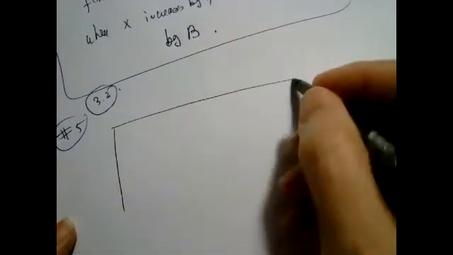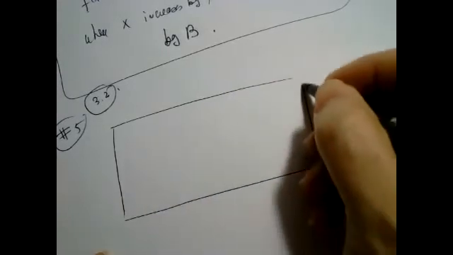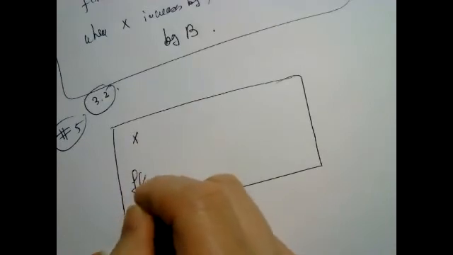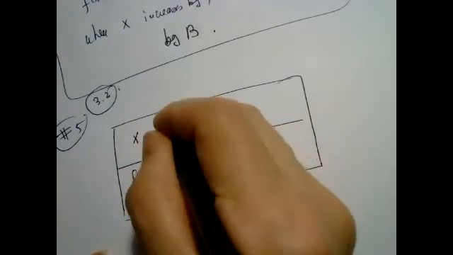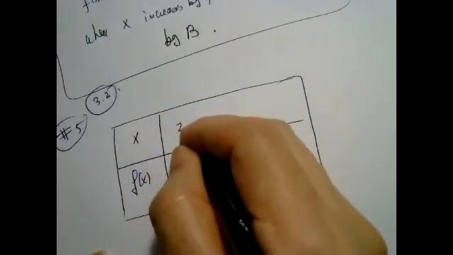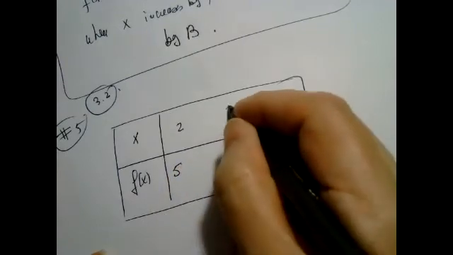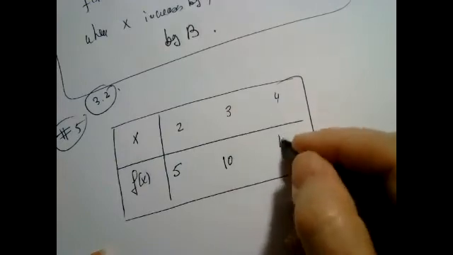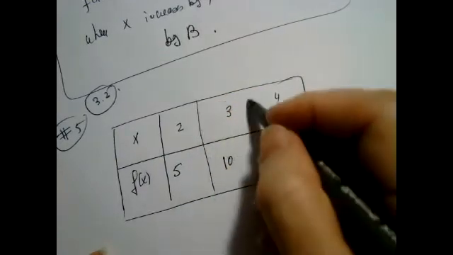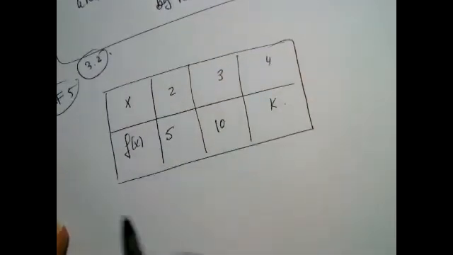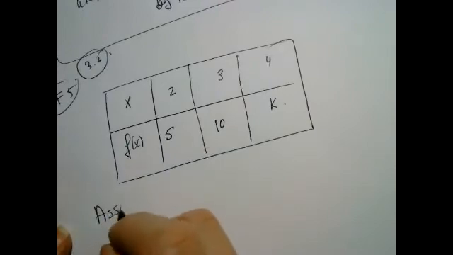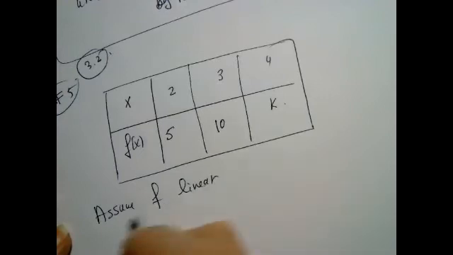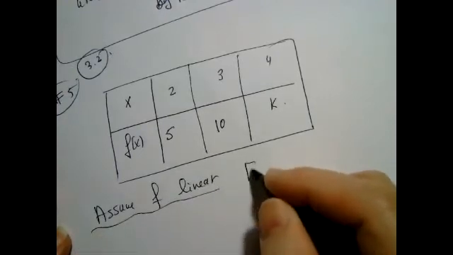We have x and f of x, and we have a bunch of values for x. So this is a 2, and that's a 5. That's a 3, and that's a 10. That's 4, and that's k. And here is the question. Assume f is linear. The question is to find k